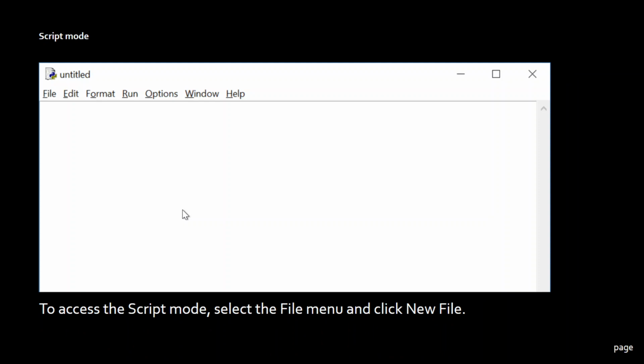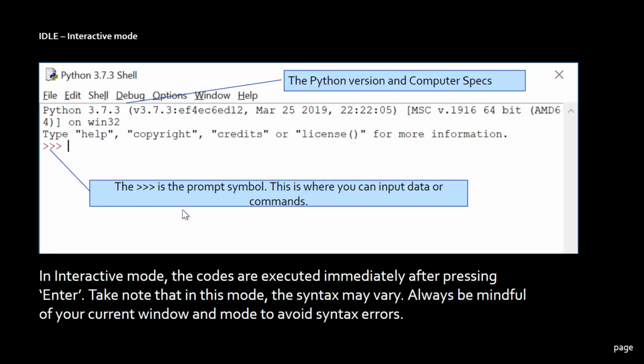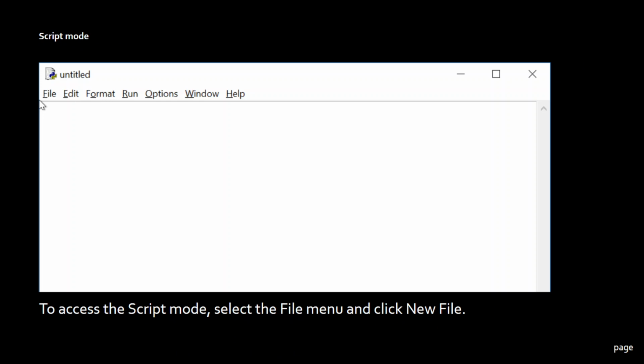Then when you're done with the interactive mode, it's time to move on to the other mode of the IDLE, which is coding in script mode. To access that, you go to the File menu and then click New File. So from before, I will have to go back to my previous slide and simply go to this File menu. You click that, there is an option New File,